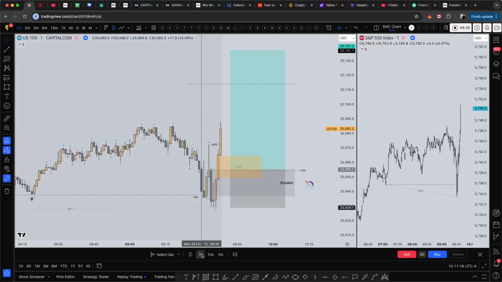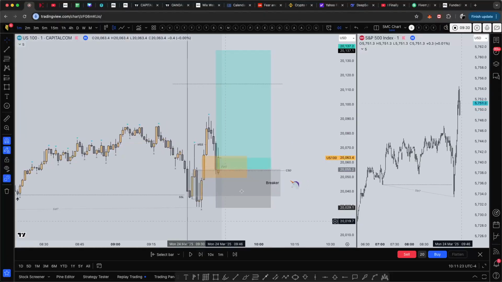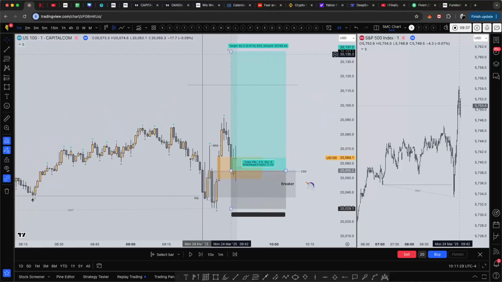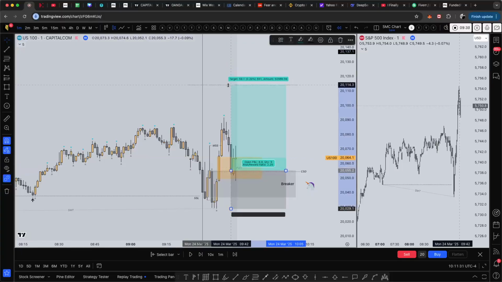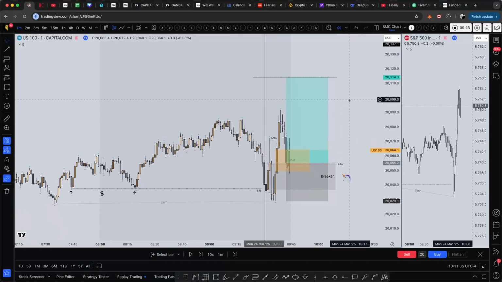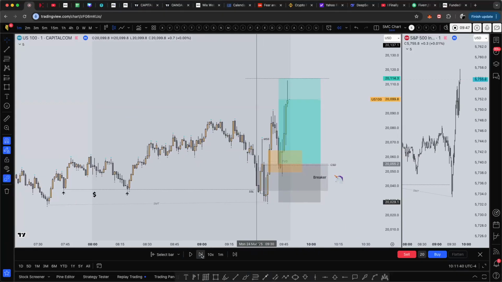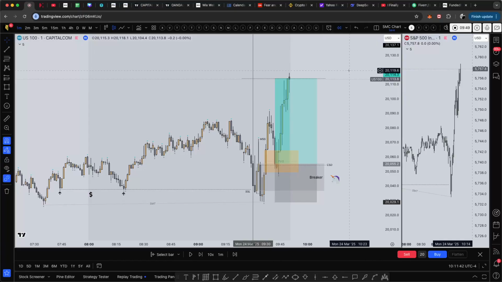So notice what price did. Price actually did pull back. Boom. Notice tapping right here, the zone, respecting it. So I took a shot right there. And my first target was actually right about here. It was actually around 1 to 2. So that was my first target, right?